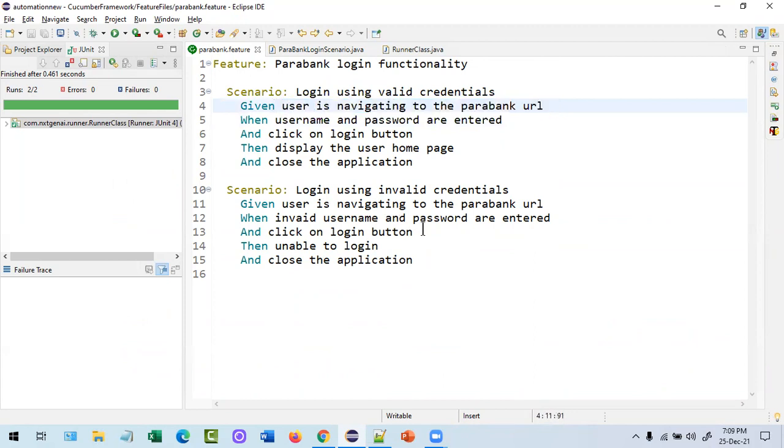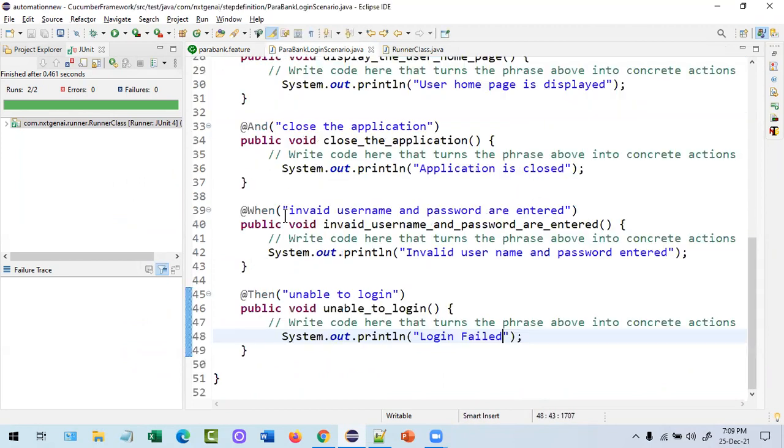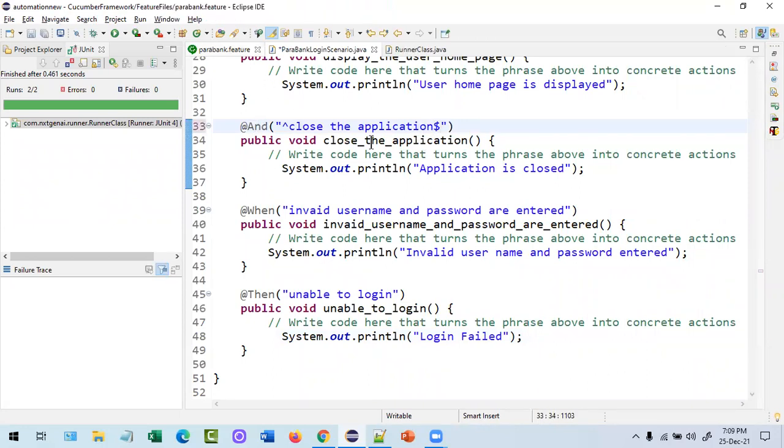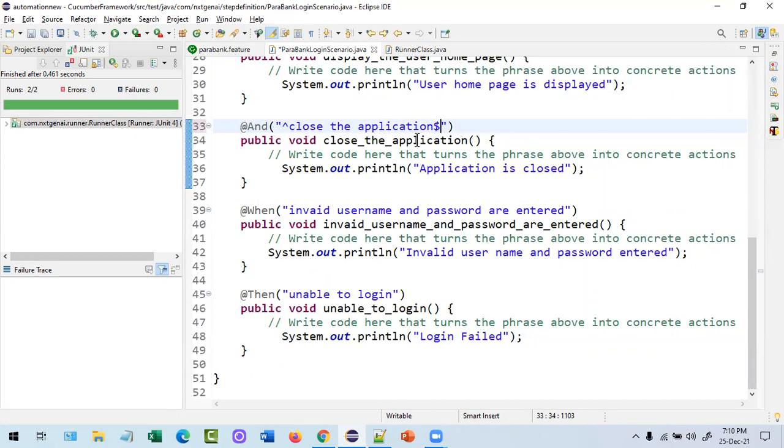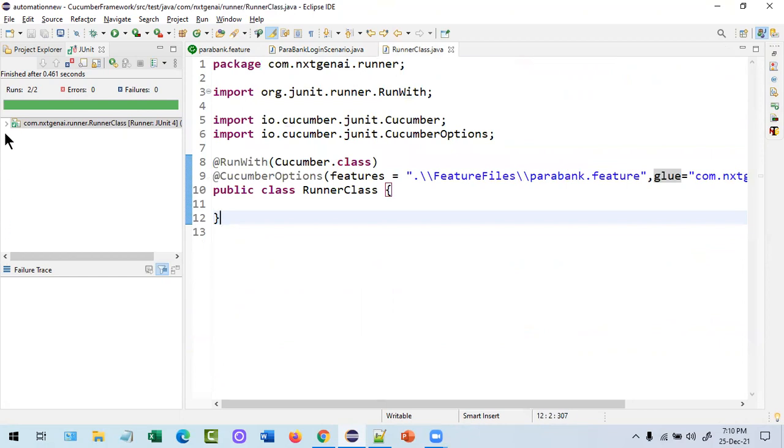So in simple, you should not do any mistakes in the feature file. This and this, it will go and search for it, then it will pick it from here. For that reason only they will use a regular expression, because sometimes we may miss it, so they will put a cap symbol and dollar if we mention. So it will search within this, if there is any word like this, it will go and search it. Regular expression. Right now we are not doing it, so it is executing as per the thing, and you can